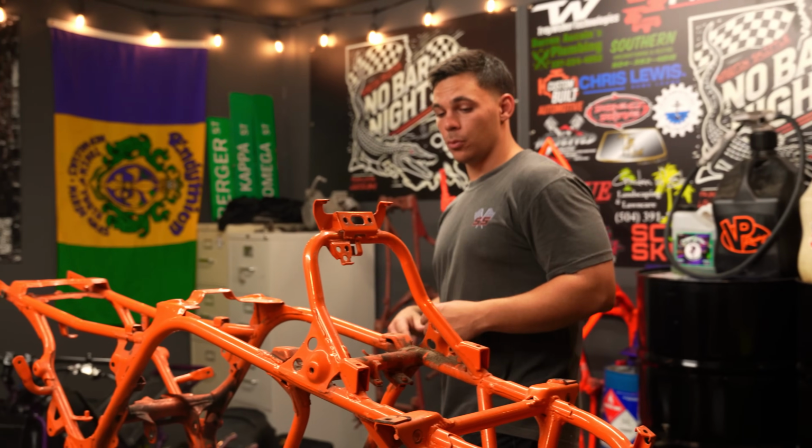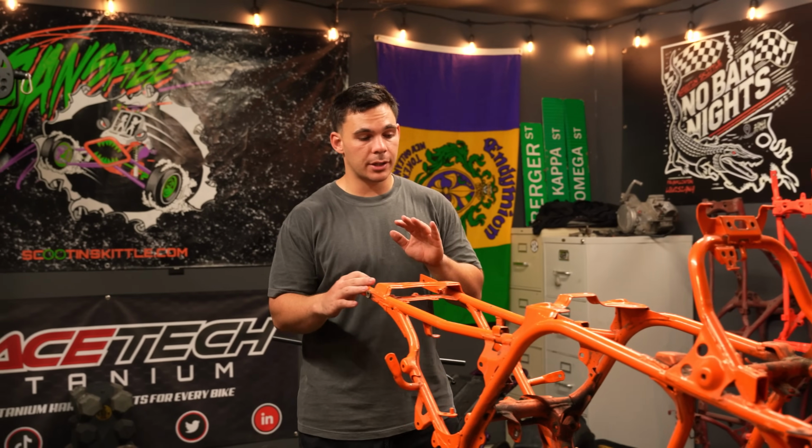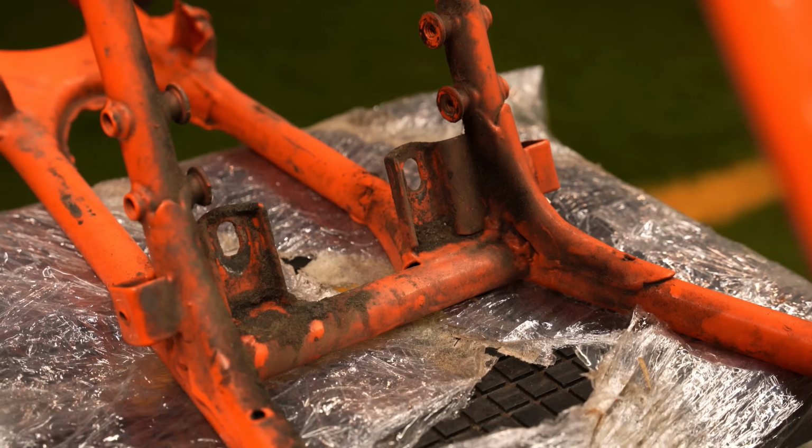So waiting on this frame was a little bit of a setback for us, but I think it was worth it. I believe everything is perfect on this bike and we should be good to use it. Right now, we are less than 10 days out from the Rick Ross car show. So you see this frame's dirty, you see the condition that it's in,